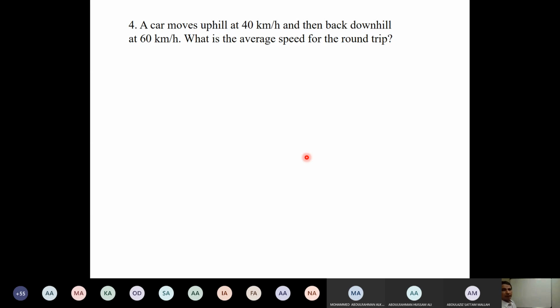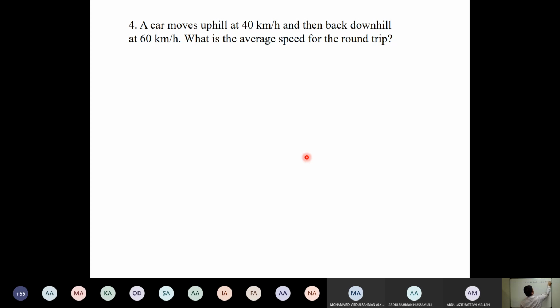A car moves uphill at 40 kilometers per hour and then back downhill at 60 kilometers per hour. What is the average speed for the round trip? This is one of the problems which appeared in an exam. So I'm showing you this speed is 40 kilometers per hour, and the V2 is